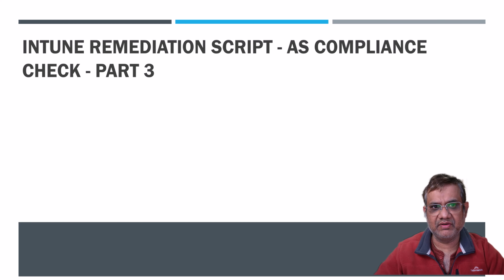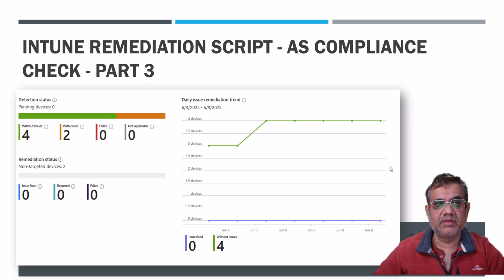So just have a look at this report. In this report, I have targeted a script on 6 devices. 4 of them are showing as without issues, meaning compliant, and 2 with issues. So this is just a specific report where I am getting the data. If your boss is asking you to provide information on which devices have that specific setting,